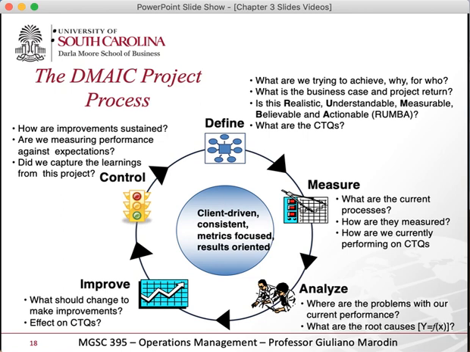Control, that's how you're going to sustain and maintain that improved state. So there are, again, a lot of methods and tools that help you do that, especially if talking about statistical tools. There are a lot of statistical tools that we can use, like a lot of fun stuff like a two-sample t-test and regression analysis and chi-square and all the beautiful statistics tools that you studied and loved when you were doing your stats class. We use those in Lean Six Sigma